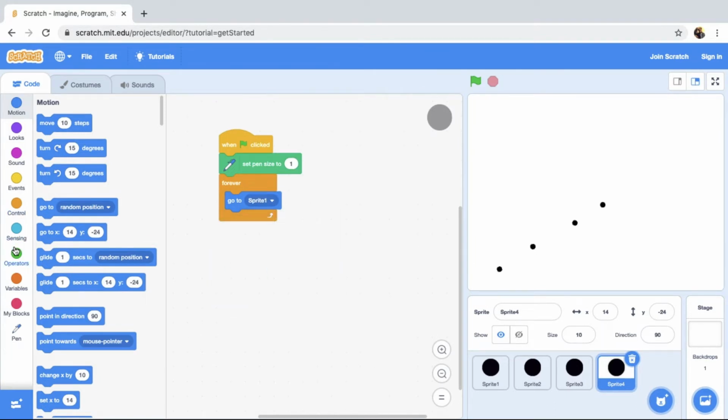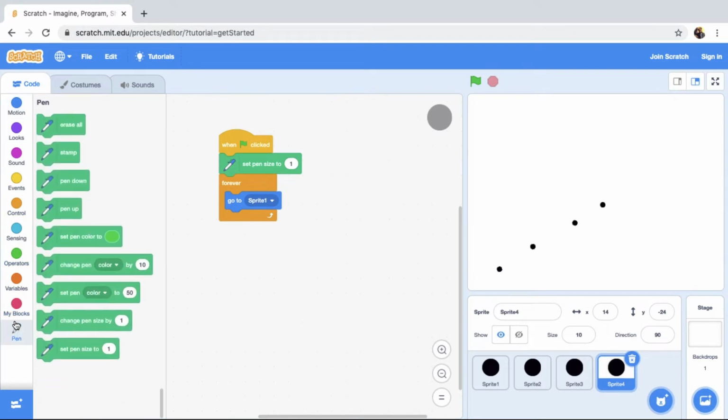Then we will say pen down. With pen down, we will be able to draw the line. When you take this option, pen down, it means that you start drawing. Okay, and then we want that after sprite 4 goes to sprite 1, then we want it to go to